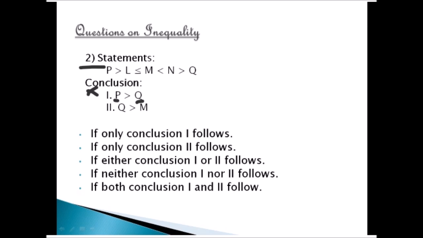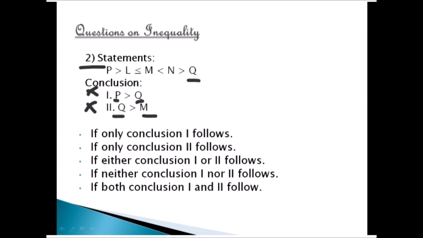Second conclusion says from Q to M. That means Q is my starting point and M is my destination point. So if I check Q in my statement, then Q is over here. So I cannot move from Q to N or Q to anywhere else. So directly I can say that this conclusion is false, because